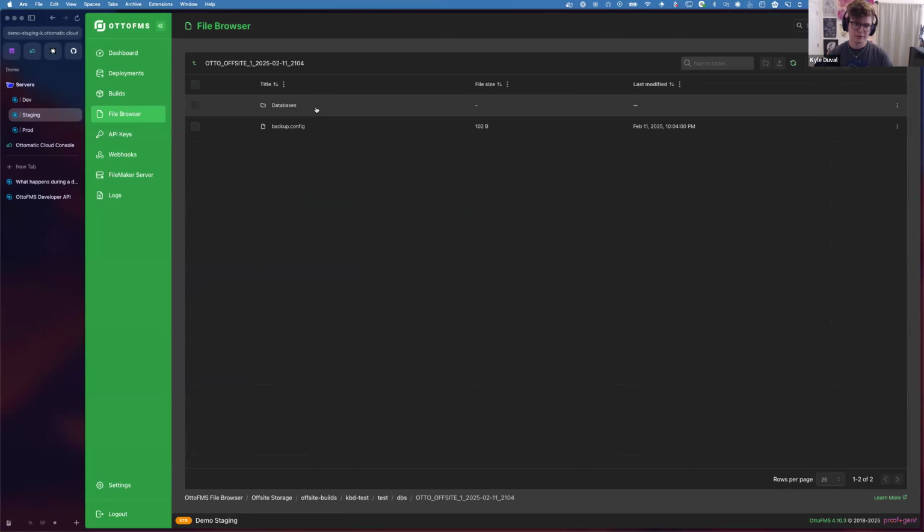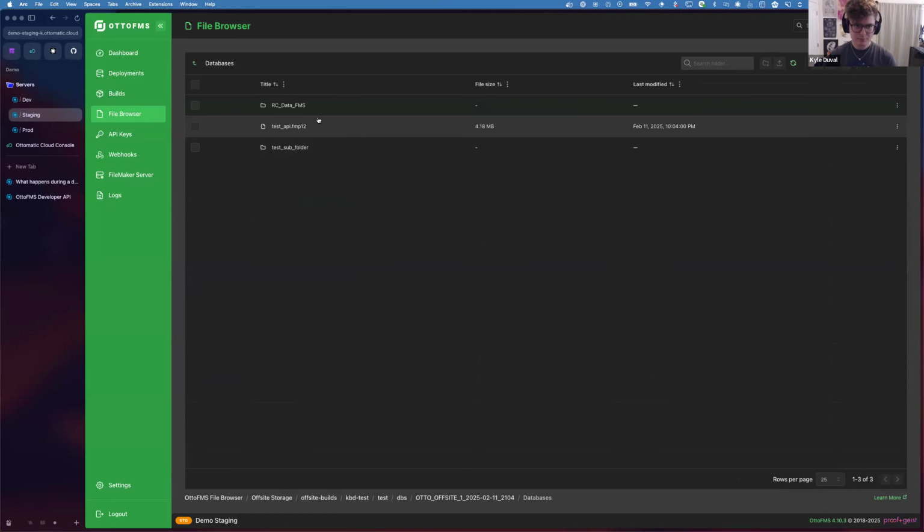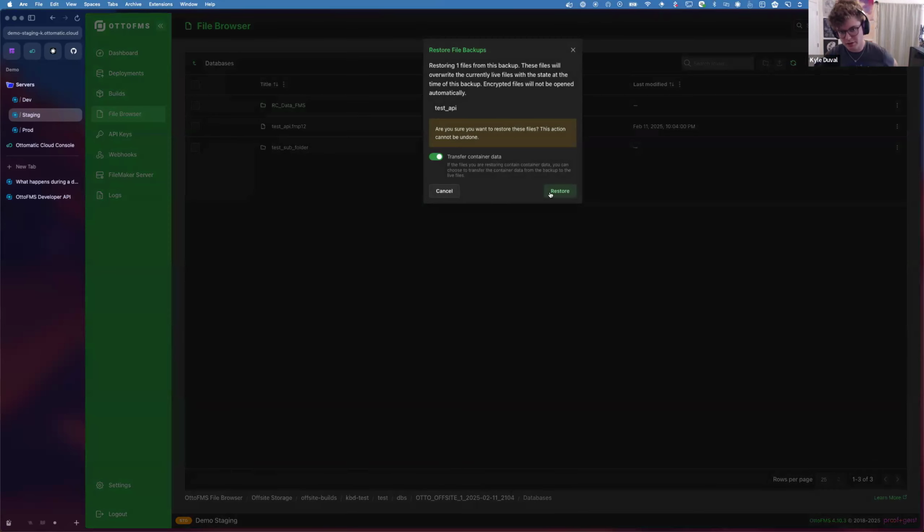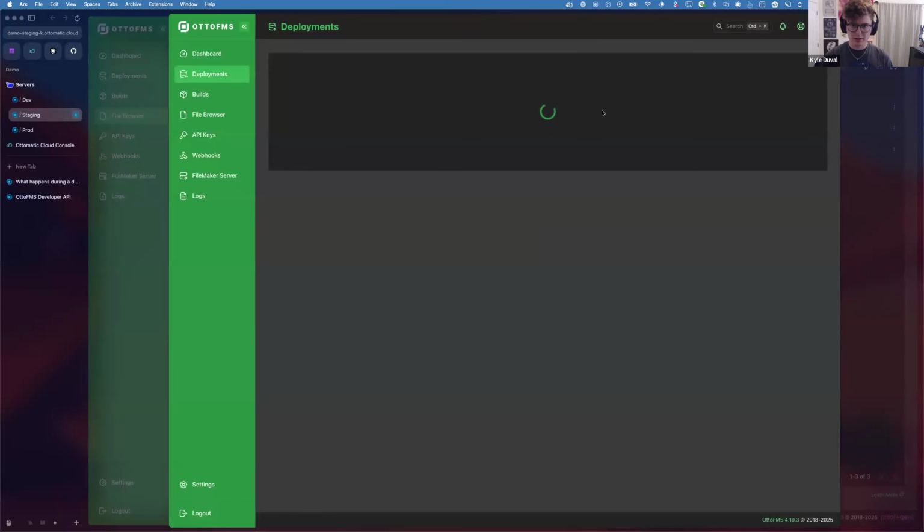This has the databases folder in it, and then this has apparently one file. You can restore this backup, and I could transfer the container data. This is just running a deployment, so you can script the deployment. If I click restore here, you'll see it happen.